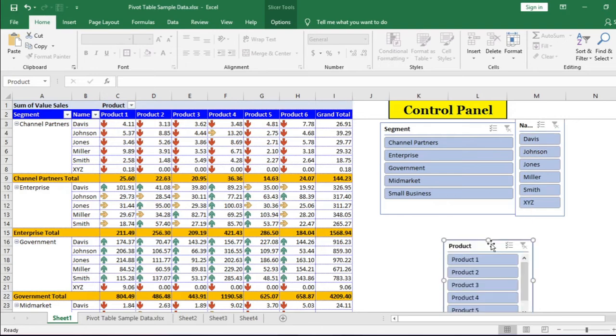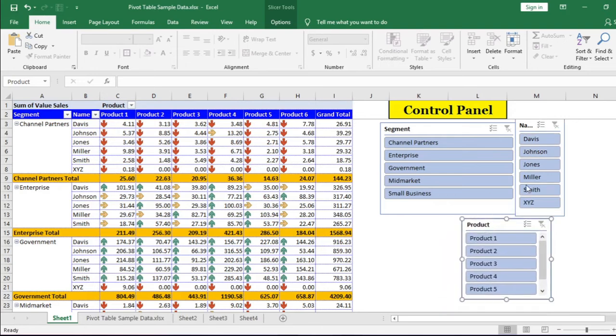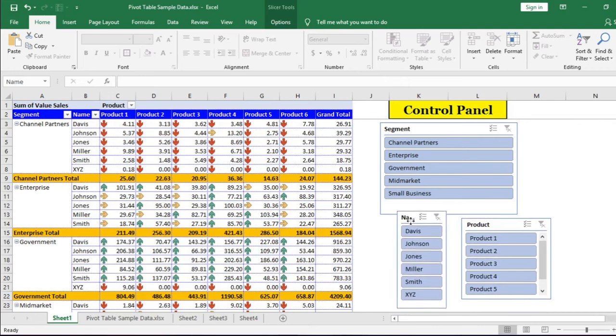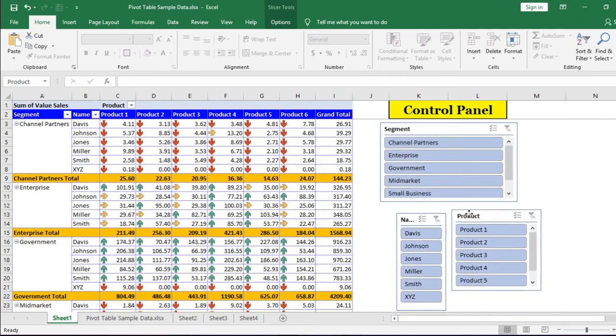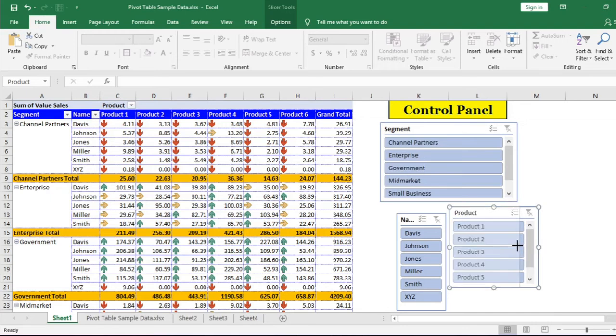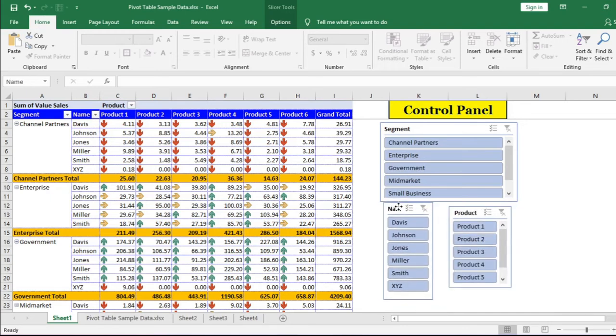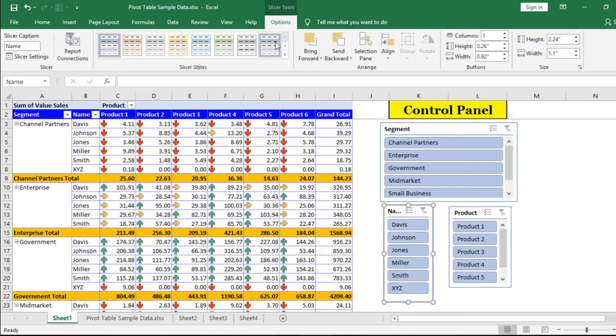Now I will discuss few basic settings in slicers. You can change the color of slicer from slicer styles. Pre-formatted styles are available in the slicer style group. Choose any. The color will change.